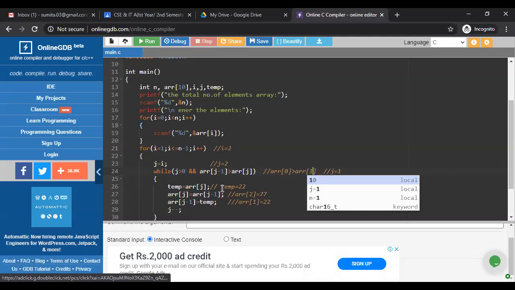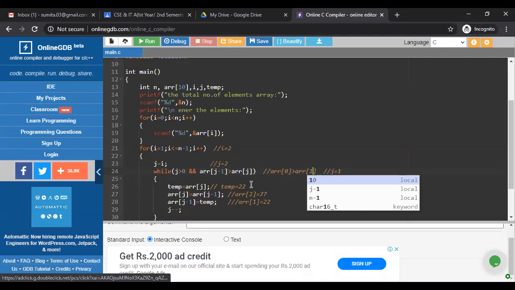And ARR1, in between ARR1, 44 is there. So 22, 44, 77. After inserting 3 elements, all are arranged in ascending order. Because firstly there is a 44, secondly there is a 77, and thirdly there is a 22. So according to our index ascending order, if we arrange those elements in ascending order, the output is 22, 44, 77. See, using this logic, you will automatically get 22, 44, and 77 as well.